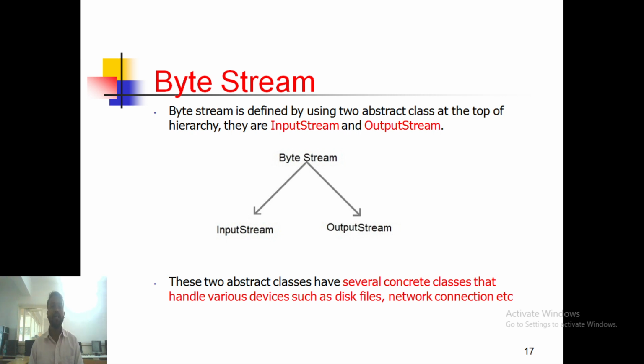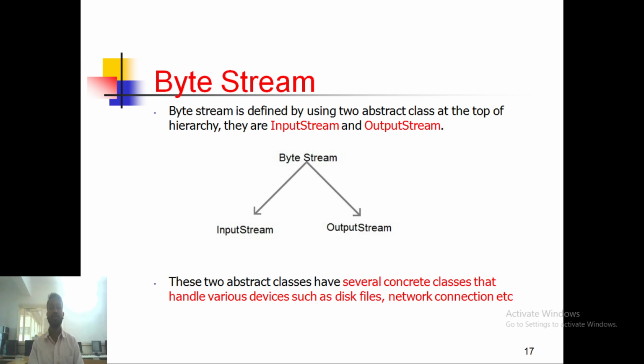There are two abstract classes of byte stream: the first is InputStream and the second is OutputStream. The InputStream class is used to read the content from a file, or from a source, whereas the OutputStream class is used to write the content into the file, or into the destination.